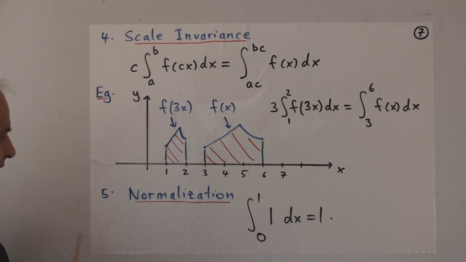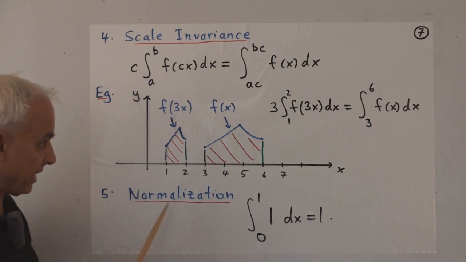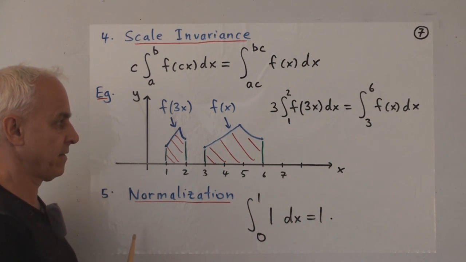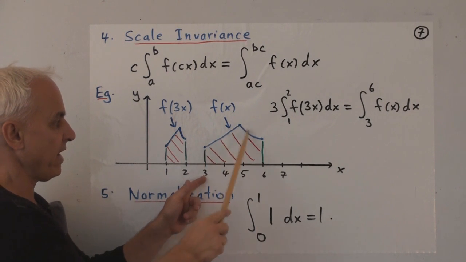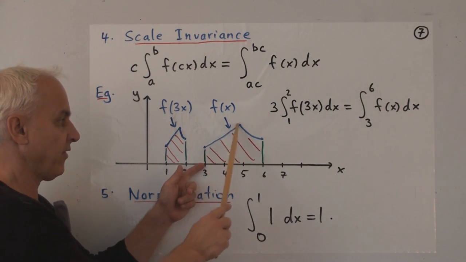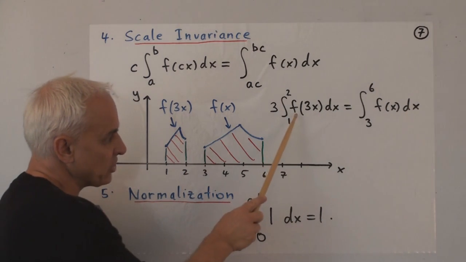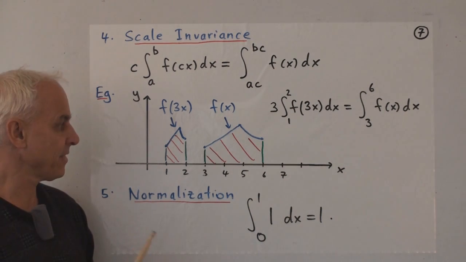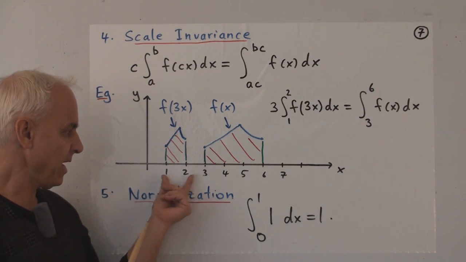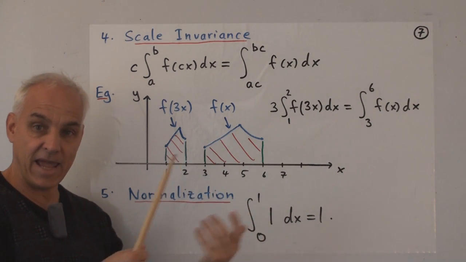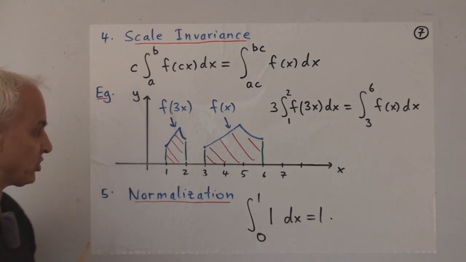So I have two intervals here. I have the interval from 1 to 2 and another interval from 3 to 6. And let's say that this is the function f of x. So the right-hand side, we're talking about the integral from 3 to 6 of f of x dx. It's exactly the area under this function f of x from 3 to 6. All right, now let's think about this function f of 3x. So here is the function f of 3x from 1 to 2. It's obtained from this function by scaling, essentially by scaling by a factor of 1/3 in the x direction.